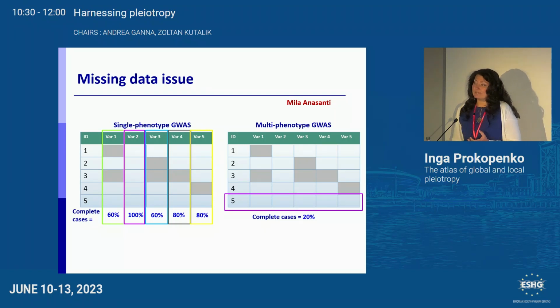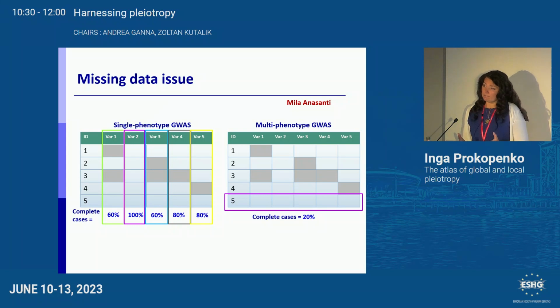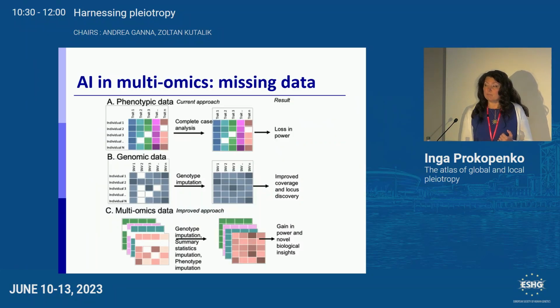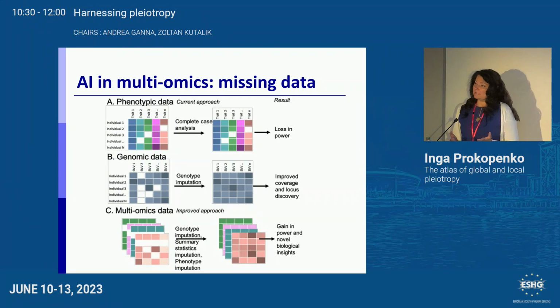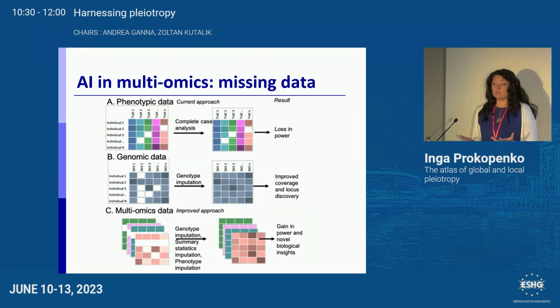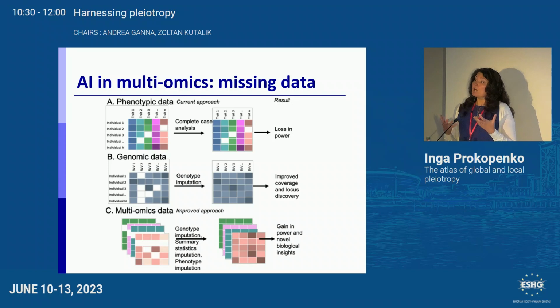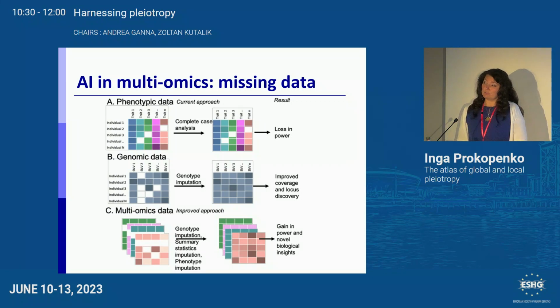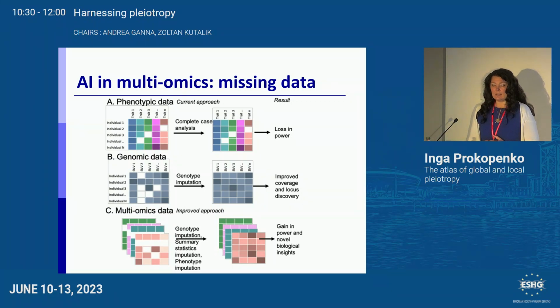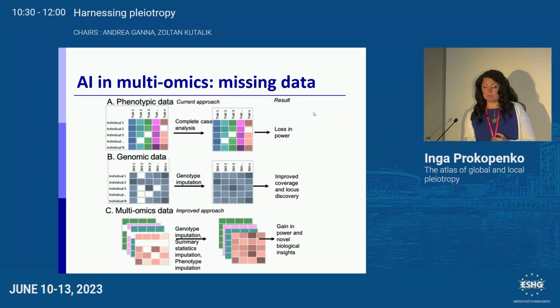But if you start looking at the multi-phenotype analysis for these 5 phenotypes, which are in columns, across individuals horizontally, you will have data only for 20% of cases. That limits our power. And then we need to deal with missing data in omics, right? So we want to study pleiotropy, and that also possibly addresses the point from someone who was asking the question, what do we do when we have different power? Obviously, we need to try to improve power of our studies, and here, when we do complete case analysis, we